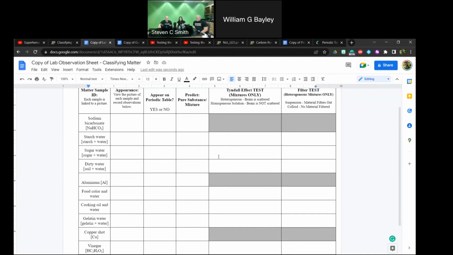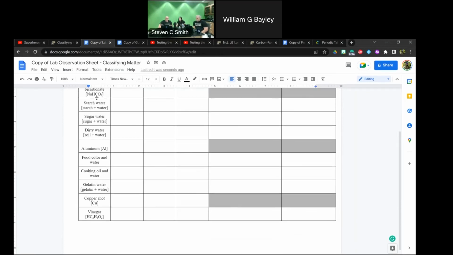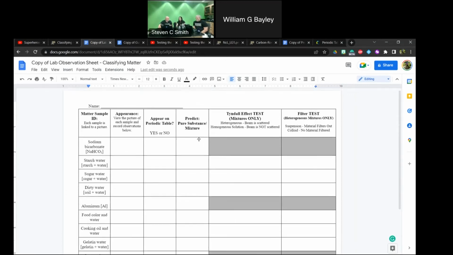We are going to have for sure 2 each of elements, compounds, homogeneous solutions, heterogeneous colloids, and heterogeneous mixtures. So for sure there are 2 of each one. And for each of these, the sample ID is here, so they can match these up, maybe or maybe not to the periodic table. Yes or no, is it a pure substance or mixture? And then testing from there.